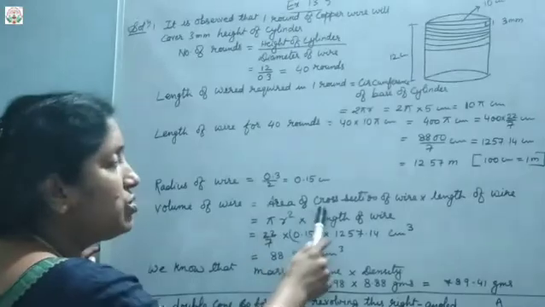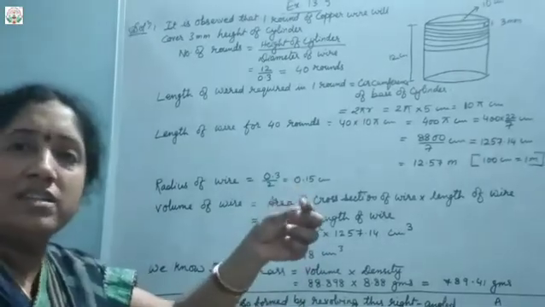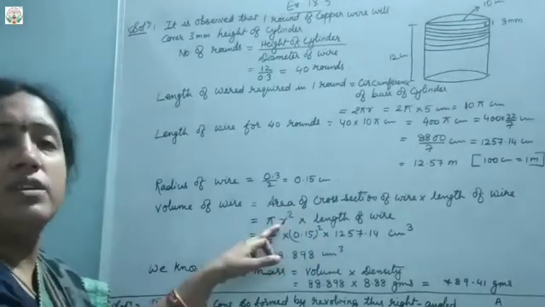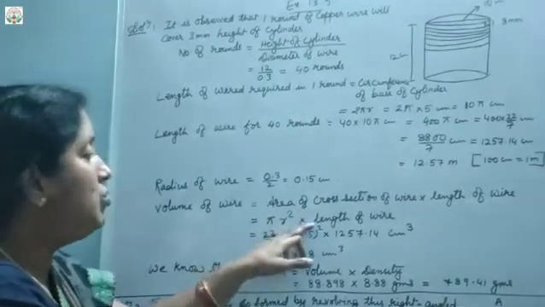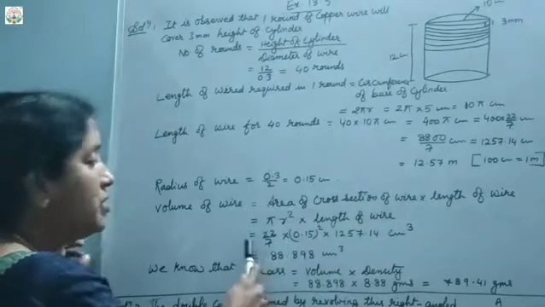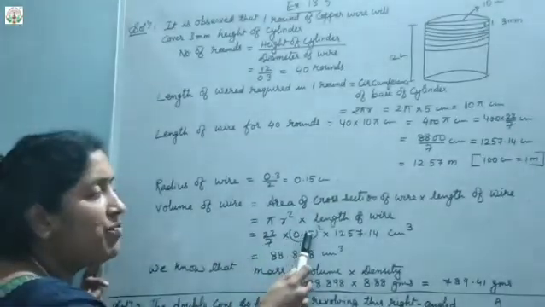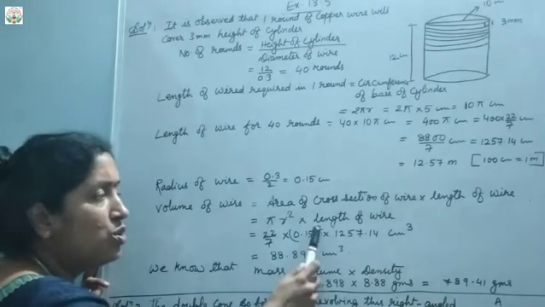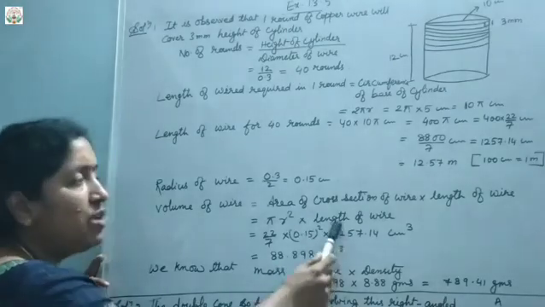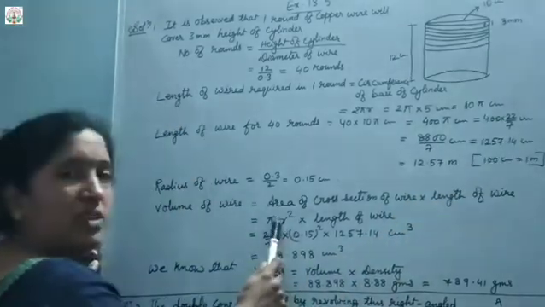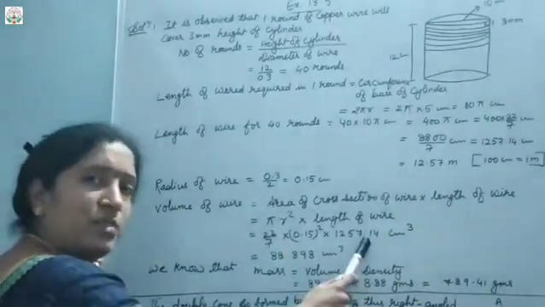So now that is equal to the area of cross section of the wire, meaning the wire is in circular form. Is it not? It is circular. So that means pi r square into the length of the wire. That is equal to, now the pi value we know, 22 upon 7 into 0.515 whole square, because r square, into the length of the wire, which is how much in centimeter, because the other measurement is in centimeter, meaning we will take the centimeter value only.